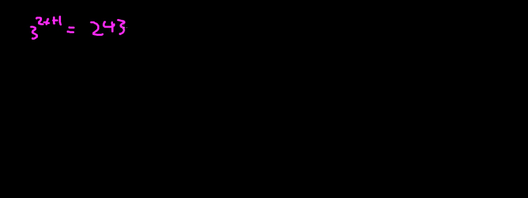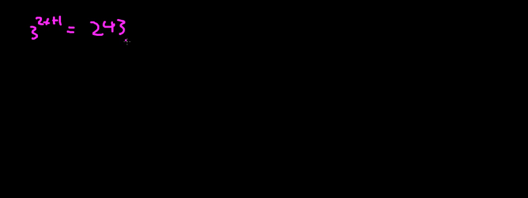Here's another relatively simple one. And the only real problem with these primitive methods of solving these problems is sometimes a base is not an apparent equivalent base. Sometimes we'll have to change both sides in order for it to be equivalent. In this case, that is not going to be necessary. But for many people, this may not be apparently obvious, that 243